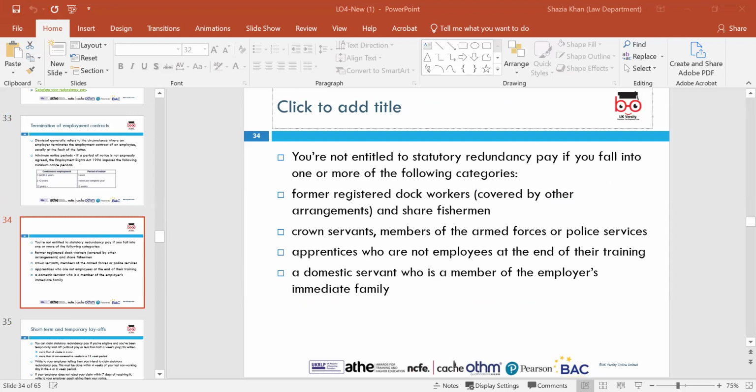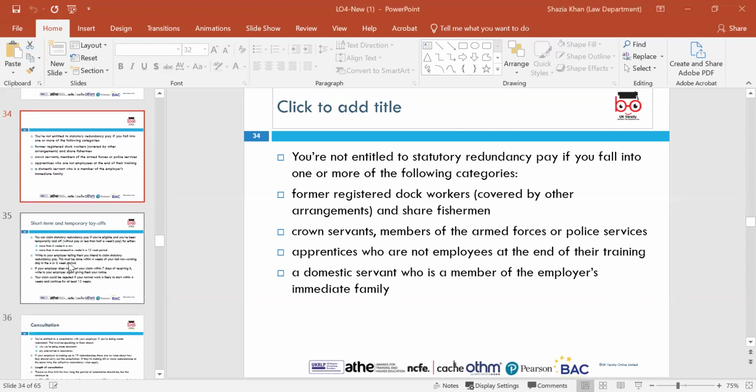So you're not entitled to statutory redundancy pay if you fall into one or more of the following categories: former registered dock workers, Crown servants, members of the armed forces or police services, apprentices who are not employees at the end of their training, and a domestic servant who is not a member of the employer's immediate family. Then you've got short-term